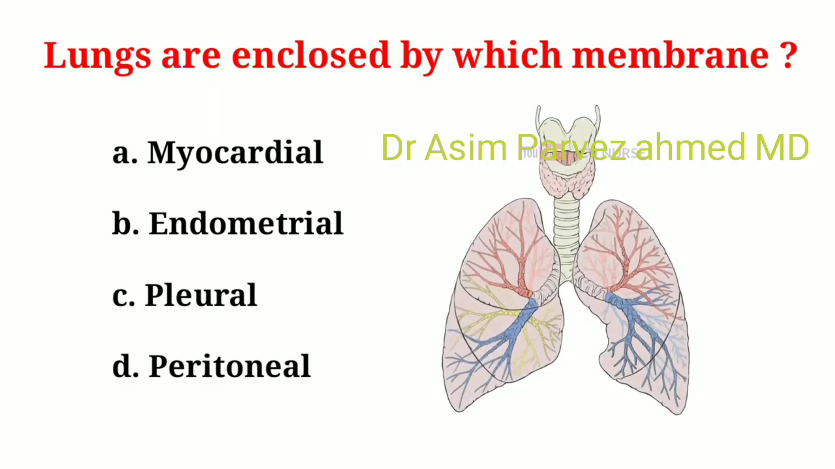Lungs are enclosed by which membrane? A. Myocardial membrane. B. Endometrial membrane. C. Pleural membrane. D. Peritoneal membrane. And the correct answer is